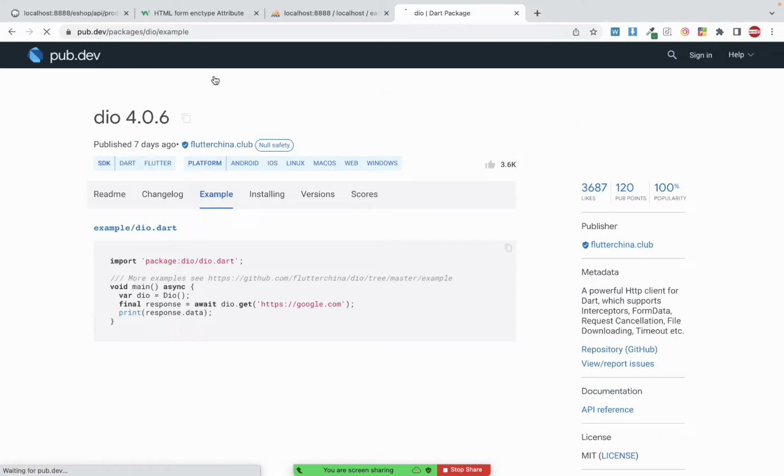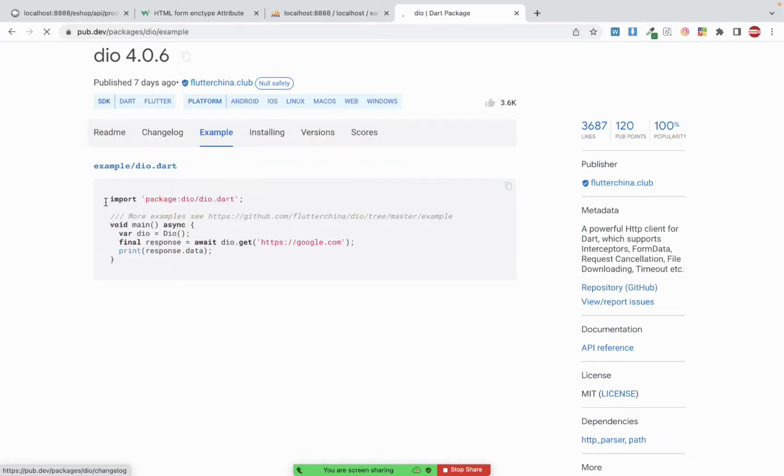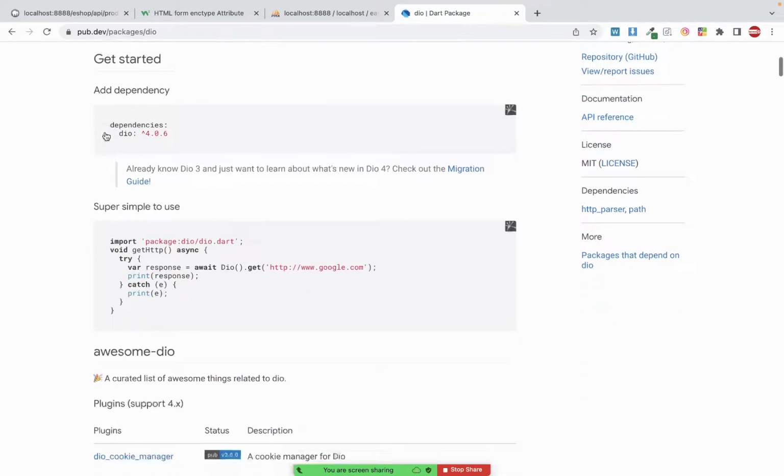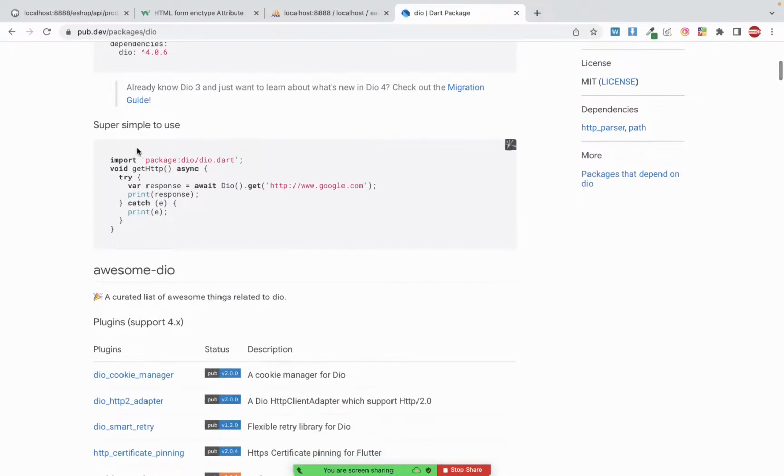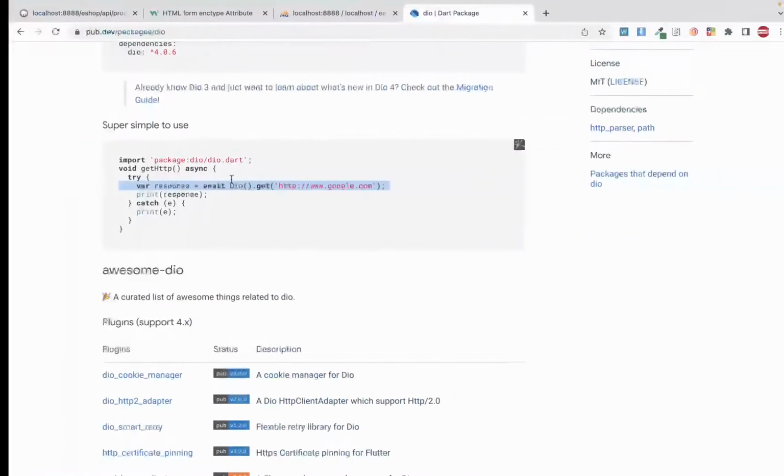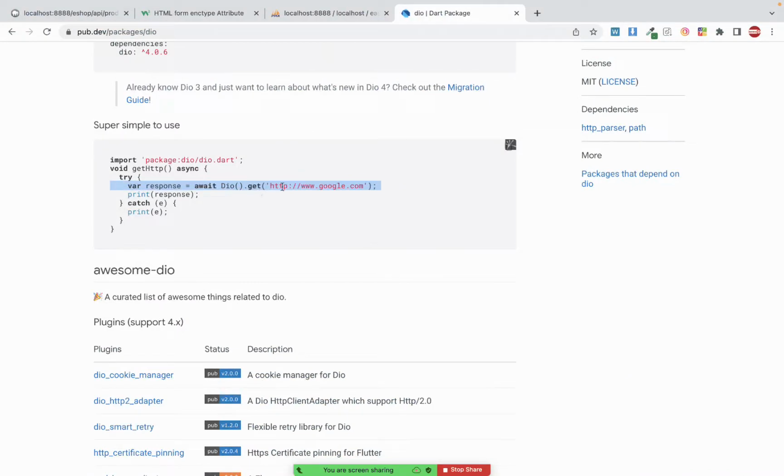So our task is to send data to the internet. It's supposed to be an example. It's supposed to be in the documentation. Let me see. Readme. So super simple to use. So this is how we get the online data. Let us try to see if we can get this google.com and see if we can get it